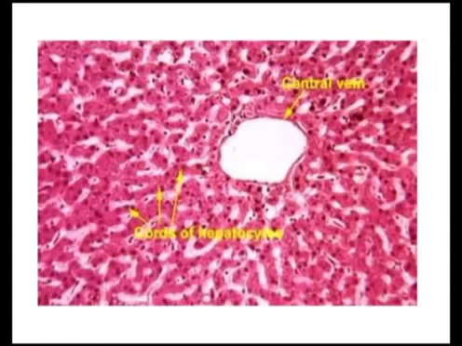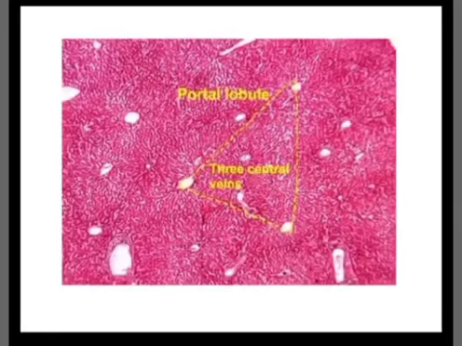This is the central vein, and you can see from the central vein there are radiating cords of hepatocytes, and in between the hepatocytes you can see the spaces. These spaces are actually the sinusoids. Now you can see under the microscope the portal lobule is seen like this triangular area. On all 3 corners of this triangular area you can see the central veins, and this is the area which is drained by a single bile duct present in the center of this triangular area. So this is according to the exocrine function of the liver.